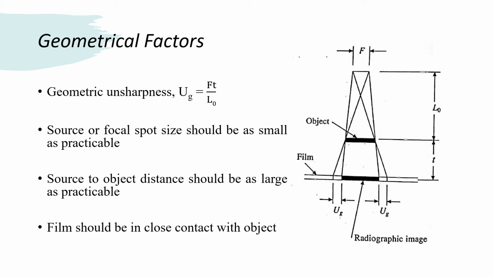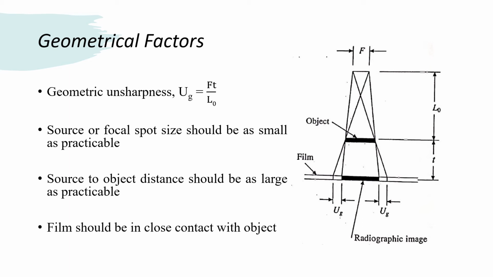Due to the finite source size, the image projected on the film is enlarged, leading to the geometric unsharpness. The geometric unsharpness is given by